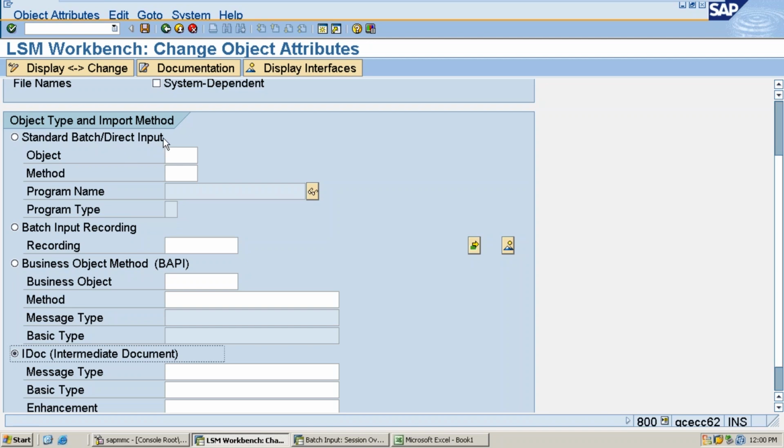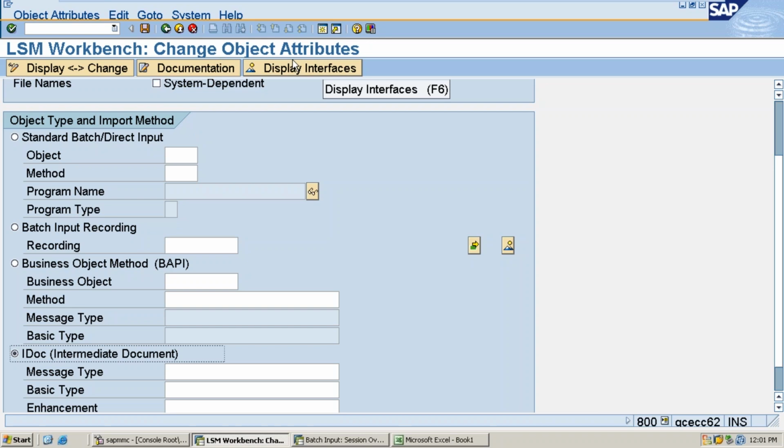If you want, put an arrow mark and note them separately. Standard batch/direct input method is the best method to upload transactional data.